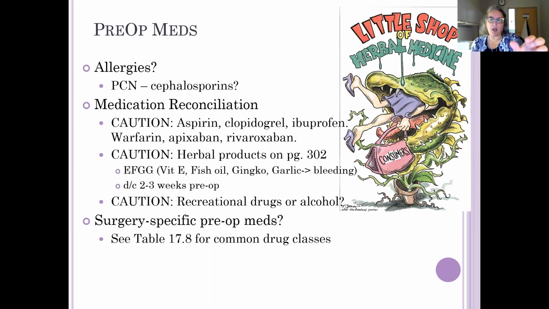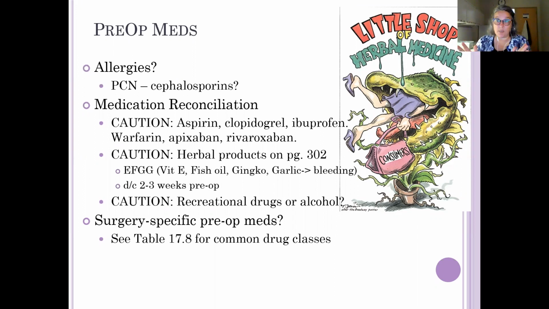Ginkgo and garlic are often used to help memory and to help improve brain performance, but all of them do increase the risk for bleeding. So we're going to ask those clients who are using those as a therapeutic tool to discontinue them 2 to 3 weeks before. We also need to know what sort of recreational drugs or alcohol that they may use